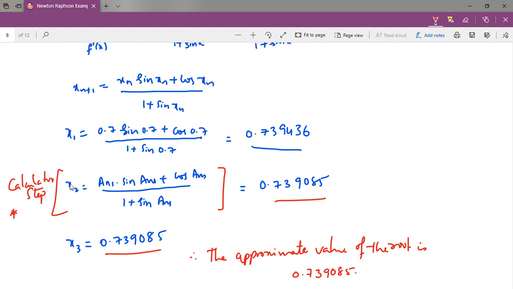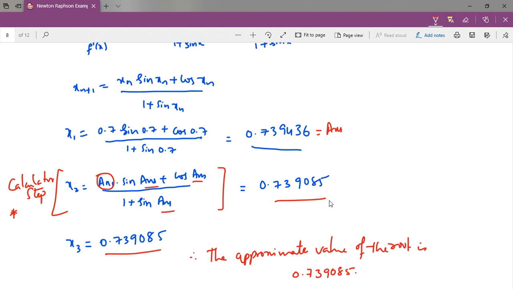If you carefully fix this in the calculator and just go on pressing equal to, you get a number of iterations. So this is the calculator step I have written. Mathematically, in place of answer you have to write the value. This is the answer which is obtained, so I am using this answer here in place of 0.7 everywhere.